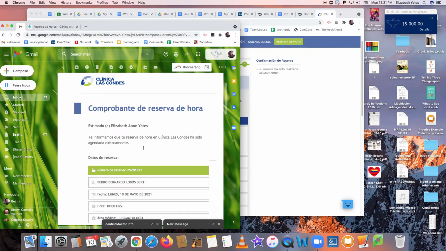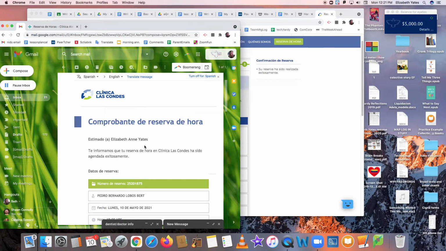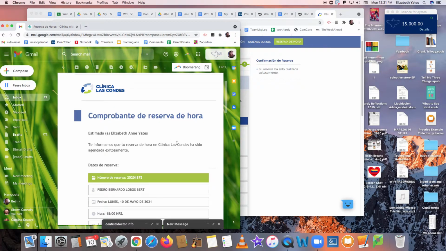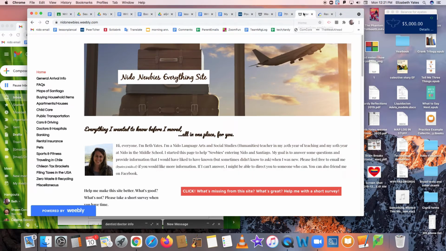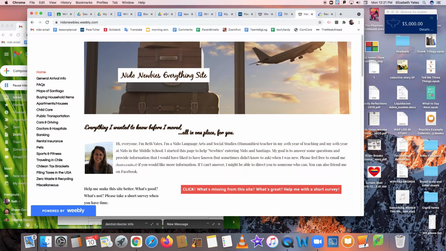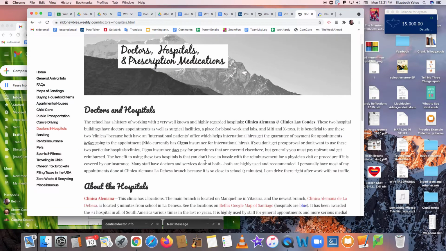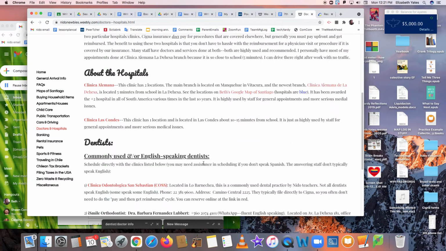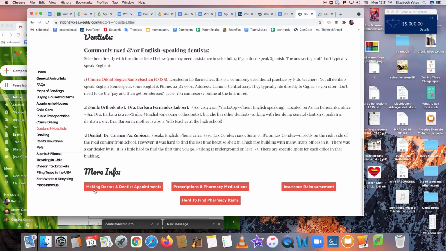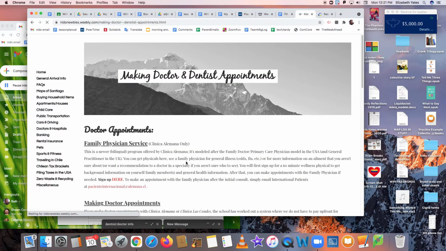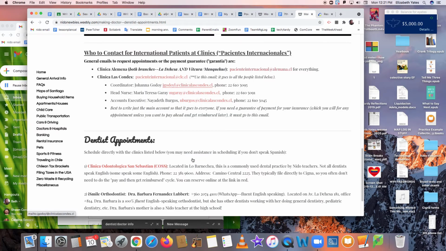But now that you have that appointment, if you wanted to get it paid for, so that you can just show your card and you either have a small copay or maybe no copay, what you would need to do is go onto our Nido Newbies website, and if you go down to doctors and hospitals, and you click on making doctor and dentist appointments, you'll see all this information, including this video,